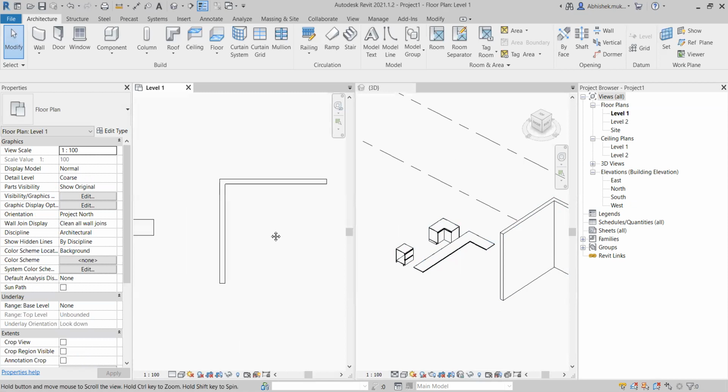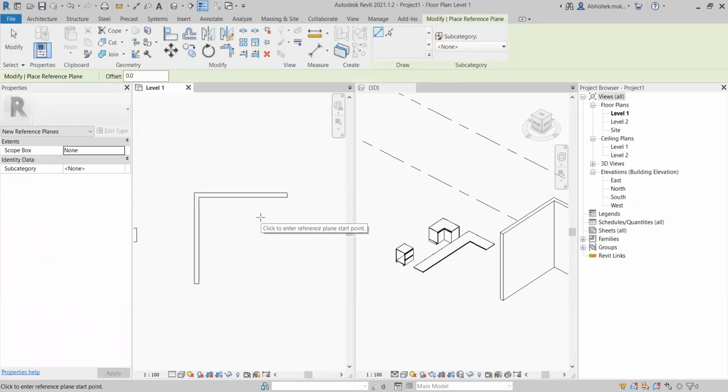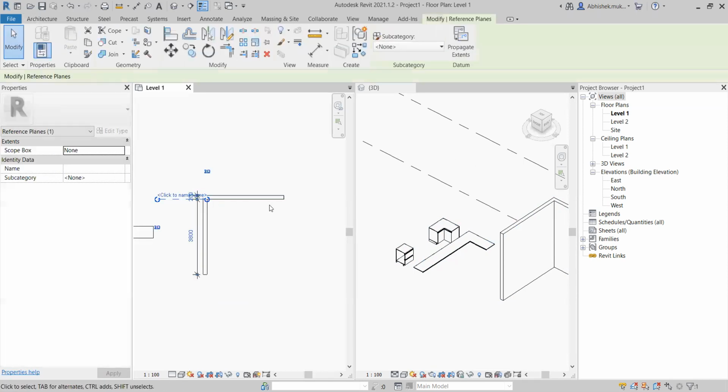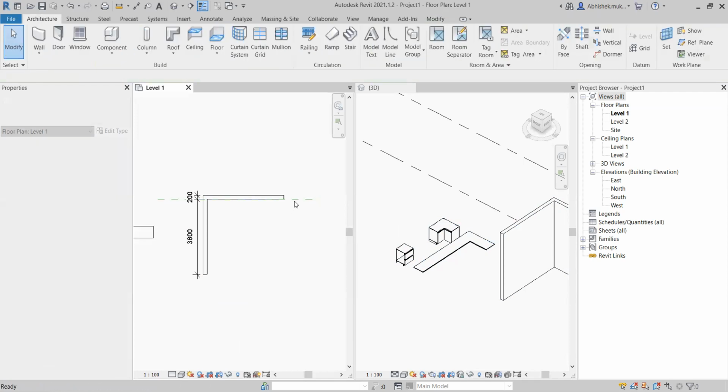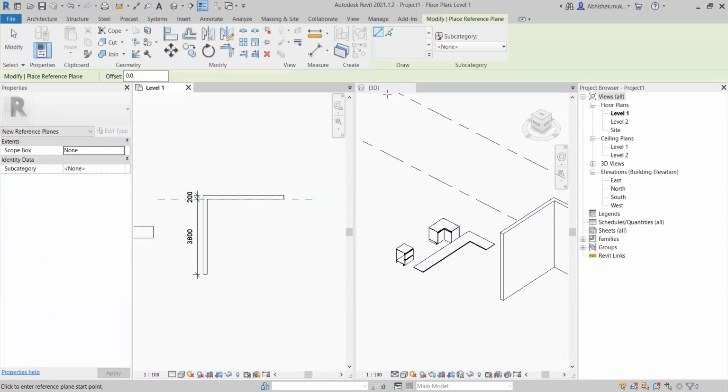So I'm going to go to the plan. I'm going to use the reference planes that will be like construction lines. And I'm going to draw a reference plane from here to here. So after drawing the reference plane, I'm going to go to the same command again, and I'm going to pick this, and then I'm going to give it a dimension as to how much I want for the kitchen cabinet width. So suppose I want the kitchen cabinet, the corner one, to have at least 900 mm over here. So I'm going to write 900 over here.